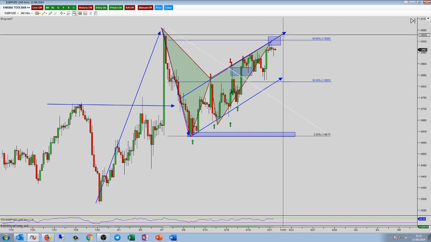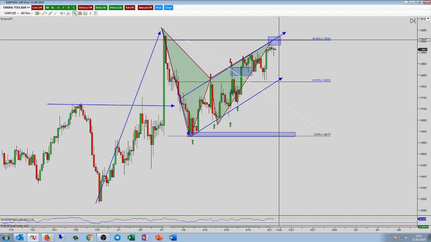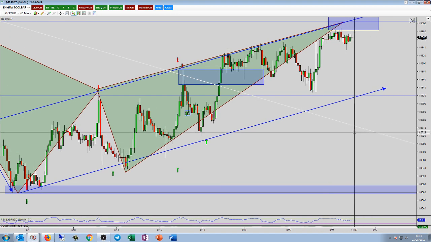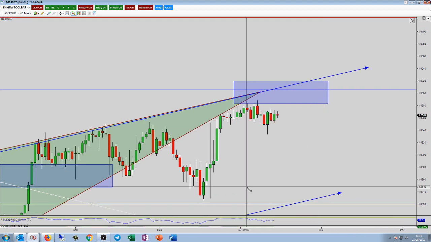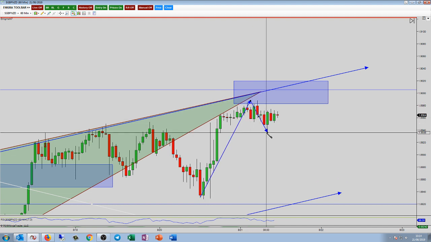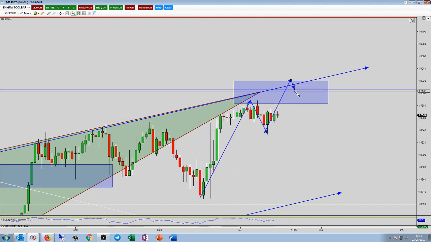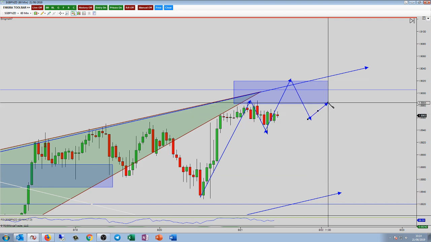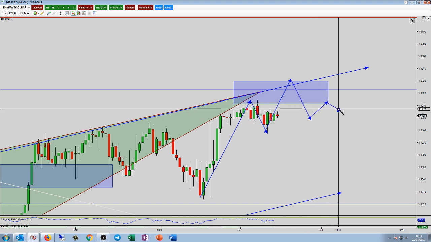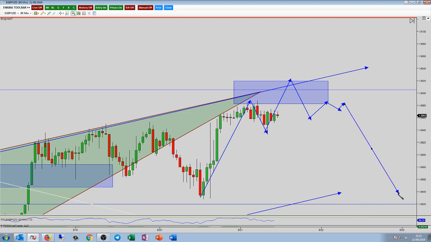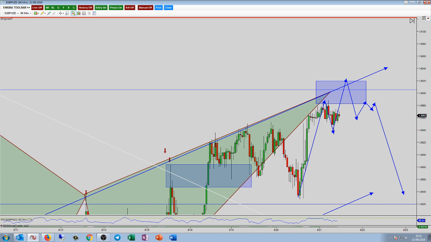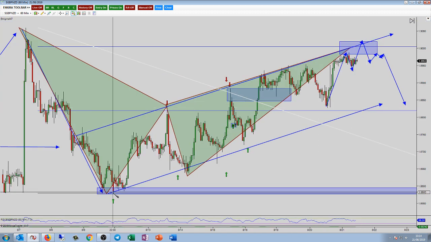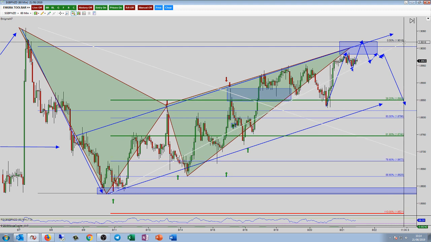I would look for a rotation pattern within this zone at the channel, and drop down one time frame to the 60. And when you zoom in, it's not really producing a great deal now. You might get something like a head and shoulders maybe, a little double top up here, and then you short. Pound New Zealand, it's been doing a lot of movement lately, so the ATR is very large on it.